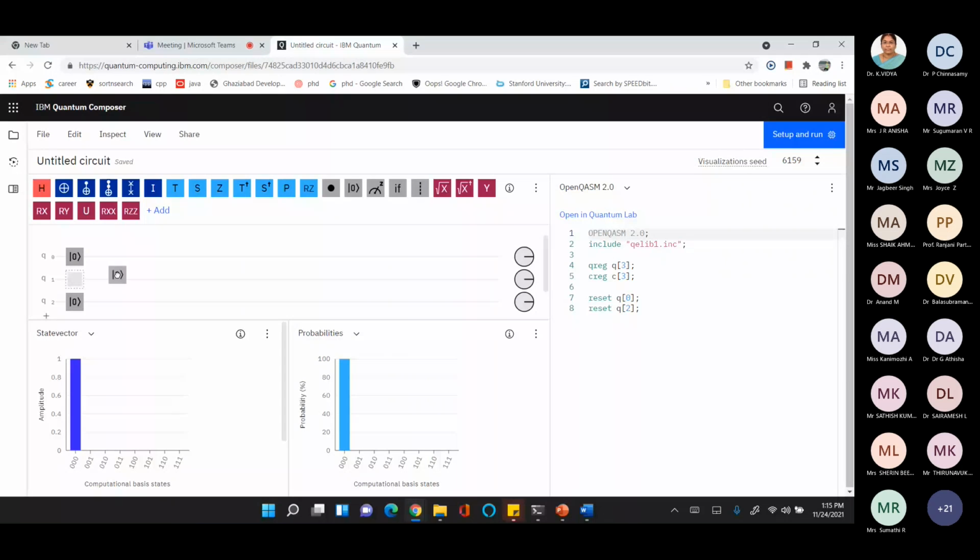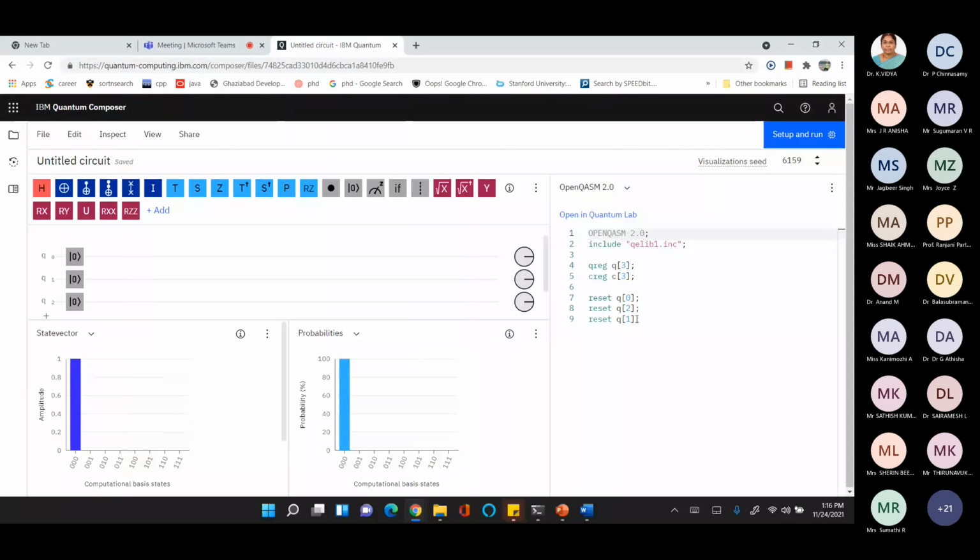Okay, see here, there are three qubits. This zero is basically resetting the qubits. So these are the three qubits here with us, Q0, Q1, and Q2. We can add more qubits here. These three qubits are initialized with 0, 0, 0. If you see the initial state, it will be 0, 0, 0 only. The amplitude of this state is 1, and the probability of 000 is also 100%. And the corresponding quantum circuit or quantum assembly code is there. We declared 3 quantum registers, 3 classical registers, and we reset them.